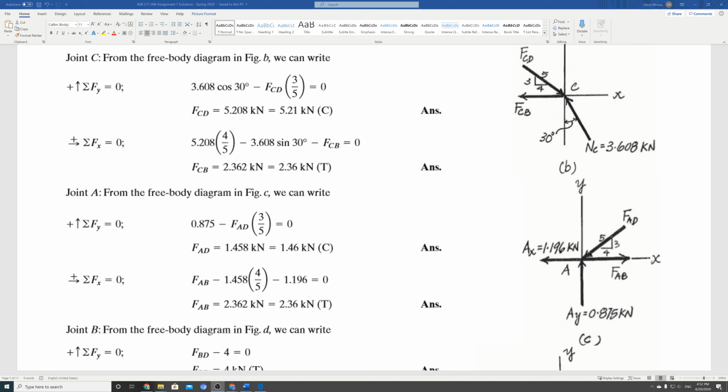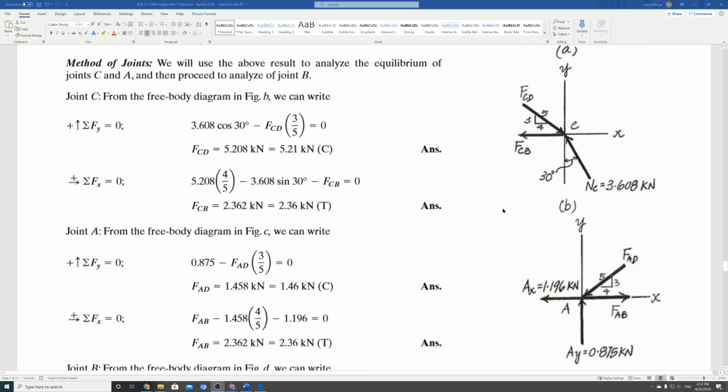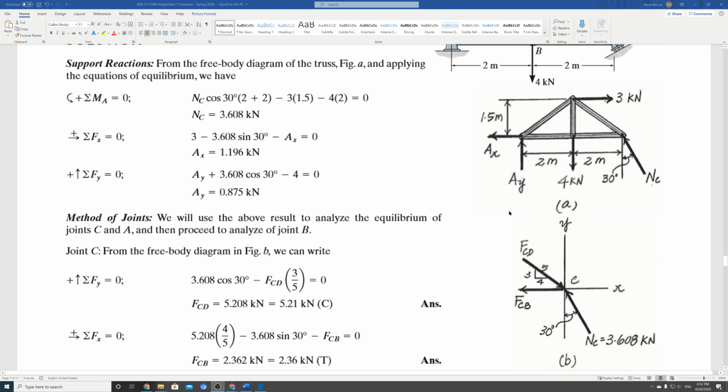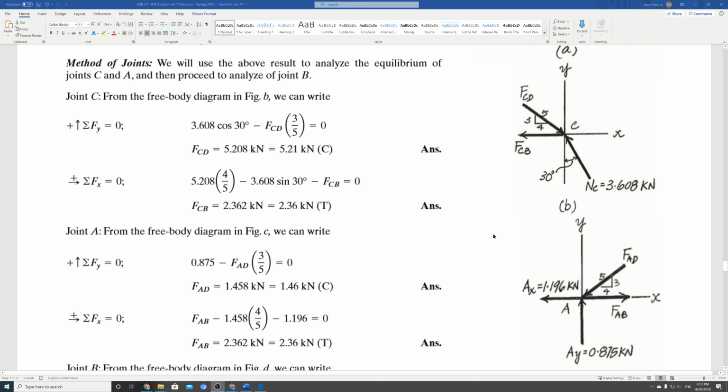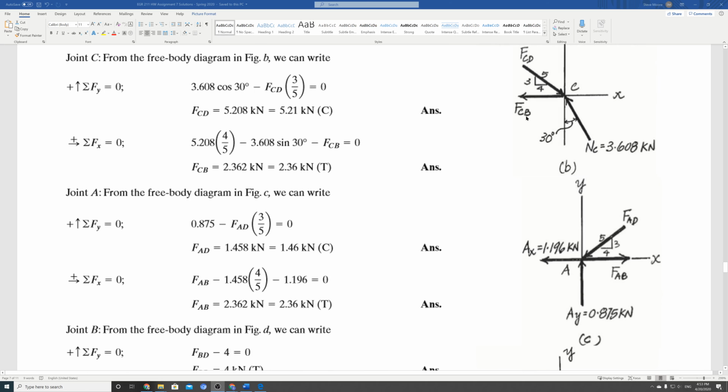FAD, well, we'll assume it's compression. In this case, the author drew it as compression, not knowing which it is yet. It doesn't really matter because you'll find as you go through, like I said, if it's positive, you got it in the right direction. If it's negative, it's not. And then drawing AX off to the left, okay? The reaction off to the left, okay? And that's what we had come up with originally, right? Because AX was positive. It was drawn off to the left, and it was positive, so we know it's in the right direction, okay? So, like I said, as you go through and solve it, anytime in your intermediate results,